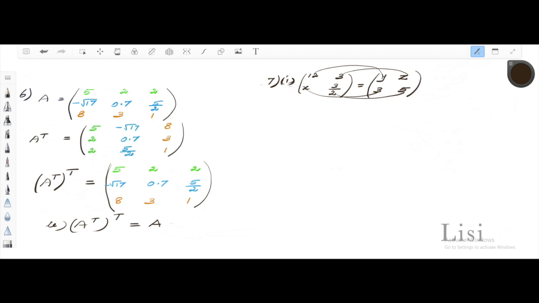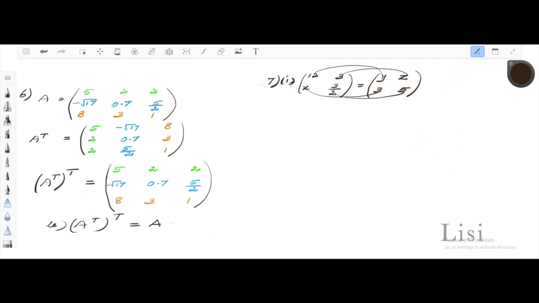Okay. So here 12 is equal to y. And 3 is equal to z. X is equal to 3. And this 3 by 2 is not equal to 5. If this is 3 by 2 then this also should be 3 by 2, or this 3 by 2 should be 5. There is an error in the sum. Simply omit this and just find the value of the other one.